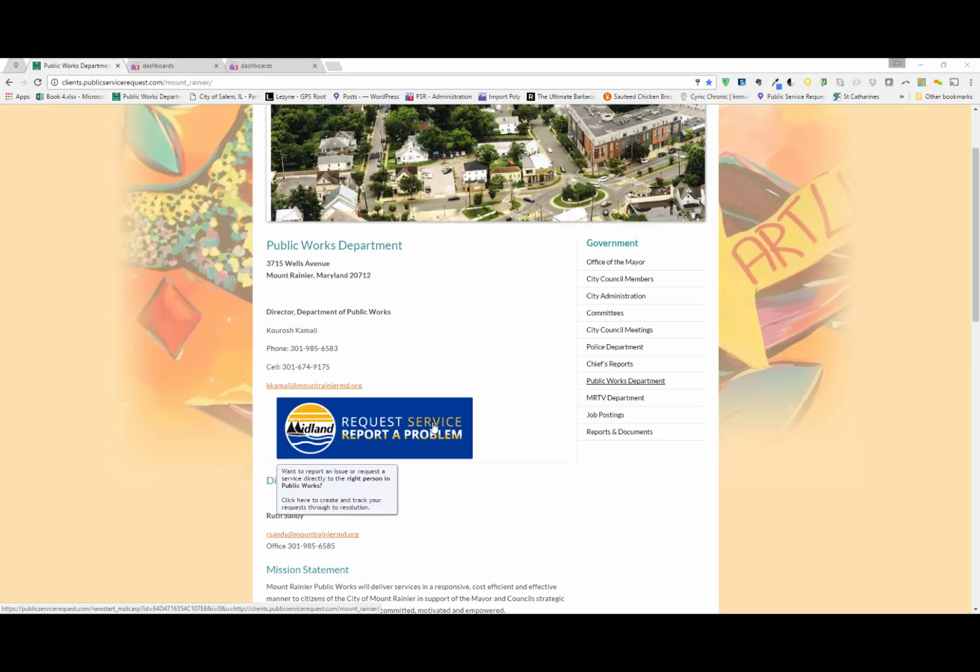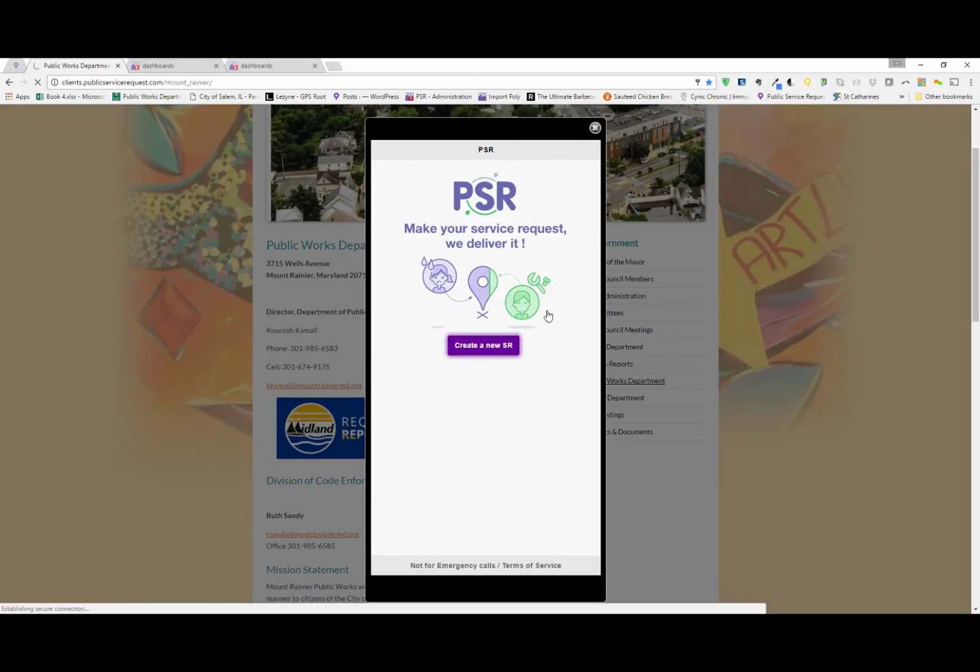So I'm going to click on this. I'm assuming that you will have access to a laptop or a mobile device of some kind, and this is just one of the alternatives here through the laptop coming to your web page. You can also download our app onto your iPhone or your Android device. So I'm going to click here and open up a service request. We're going to